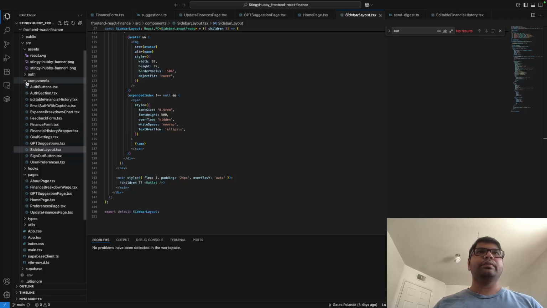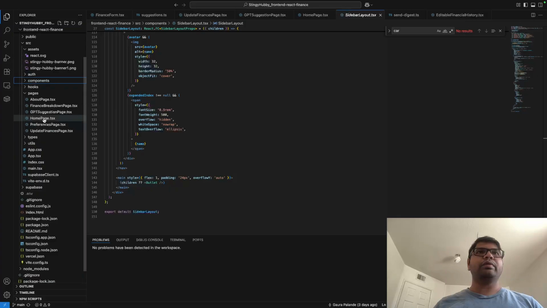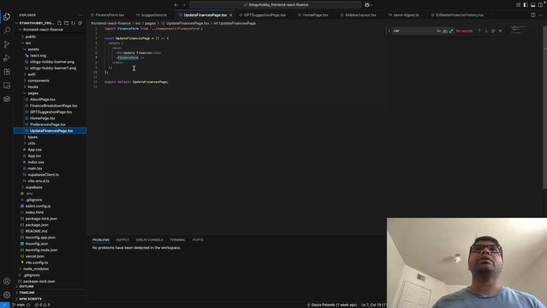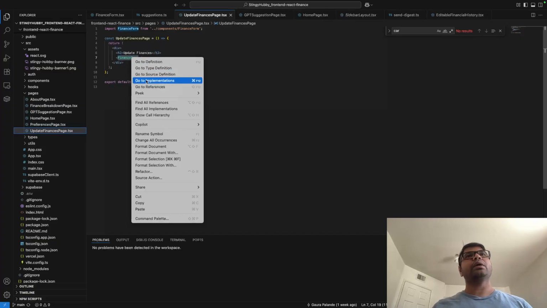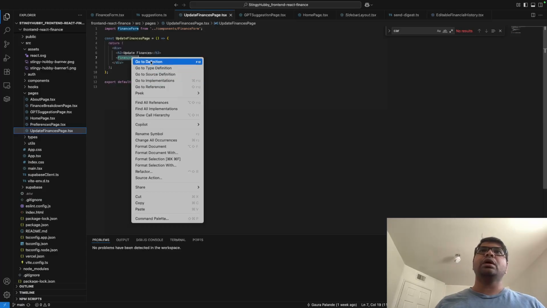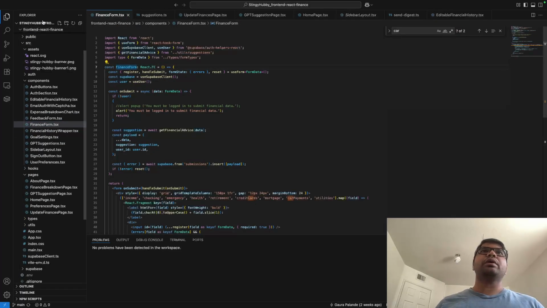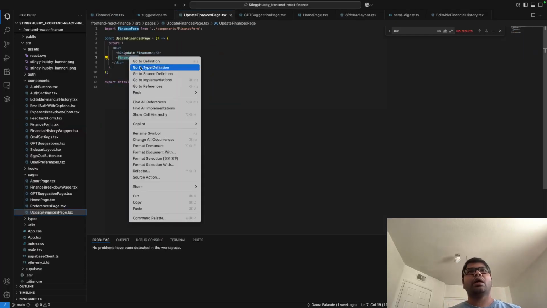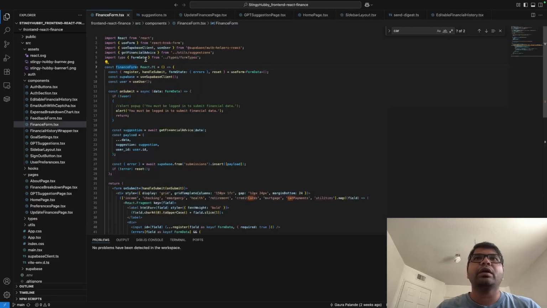Now we come back to the page. We went to the home page, preference page. We have the update finance page. Now the update finance page was a complicated page before, but a few days back it has been downsized. Now this page just contains a finance form component, and when we go to that component, finance form component,